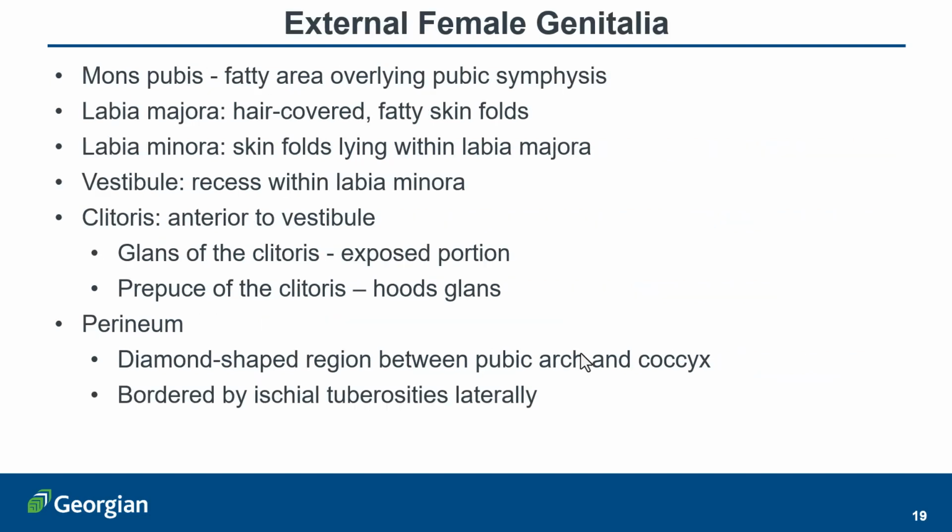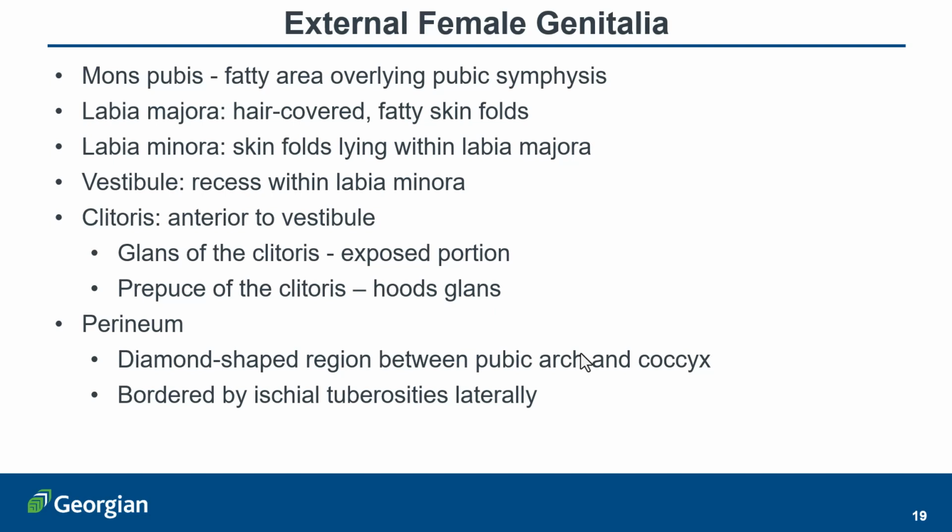Let's briefly discuss the external female genitalia. The external female genitalia is made up of several structures: the mons pubis, which is the fatty area overlying the pubic symphysis, the labia majora, which is the hair-covered fatty skin folds, the labia minora, which are the skin folds lying within the labia majora, the vestibule, which is the recess within the labia minora, usually referred to as the vaginal vestibule, the clitoris, which is analogous to the penis, that is anterior to the vestibule,